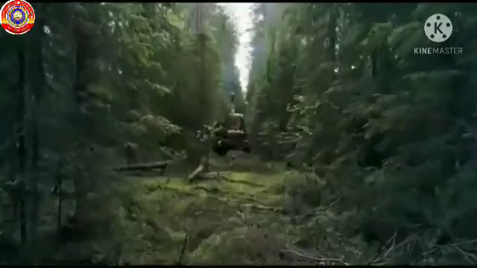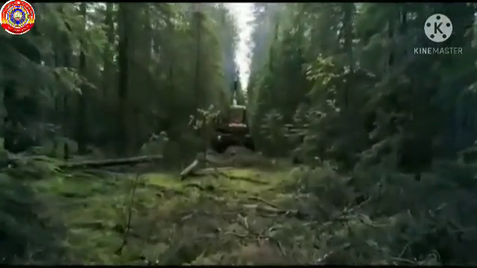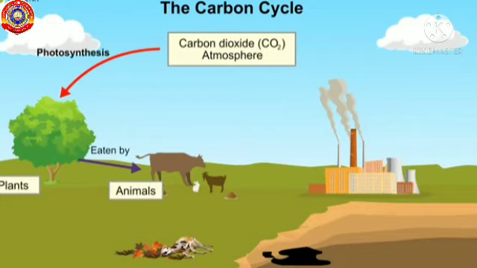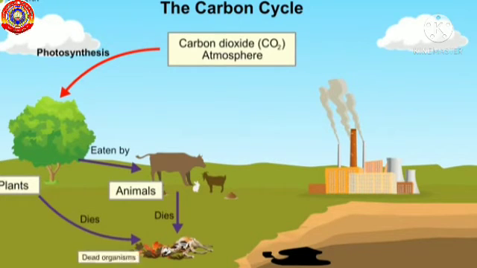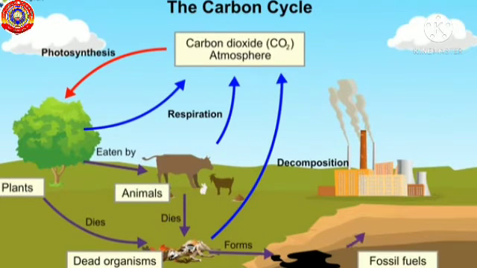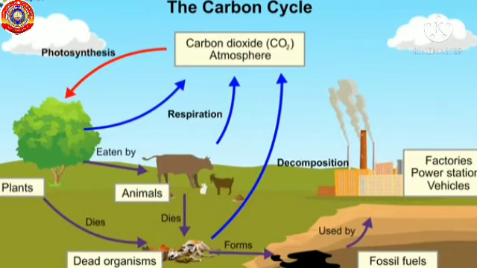The carbon present in the atmosphere is absorbed by plants for photosynthesis. These plants are then consumed by animals and carbon gets accumulated in their bodies. These animals and plants eventually die and their bodies decompose. As a result, what happened? The carbon is reabsorbed back into the atmosphere. Some of the carbon is not released back into the atmosphere and eventually becomes fossil fuel. These fossil fuels are then used for man-made activities.